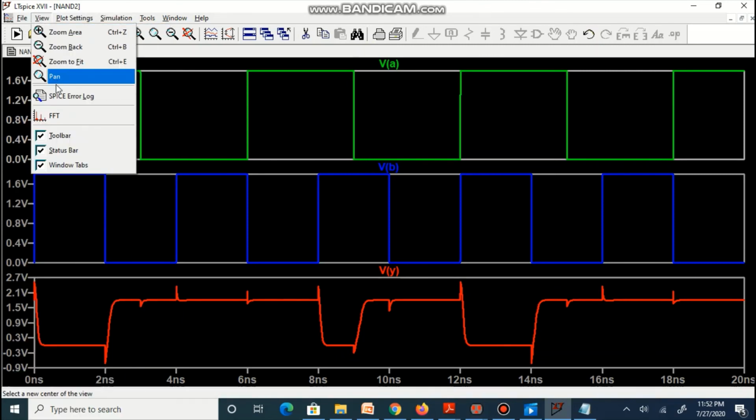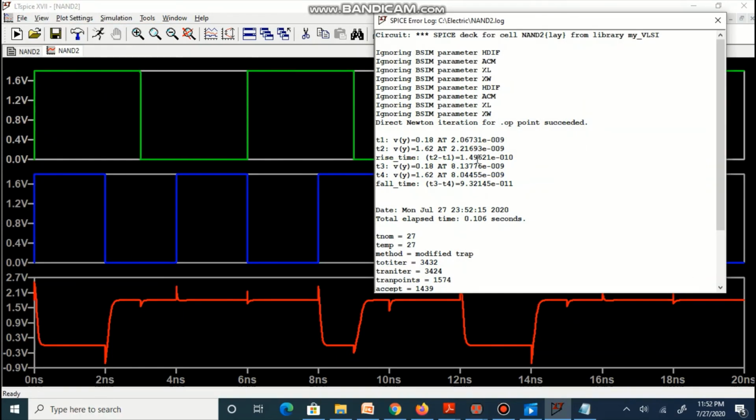Look at the log, we can observe that our rise time is 149.62 picosecond and fall time is 93.21 picosecond.